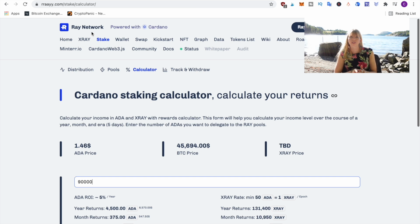I will do one in the future, and actually this is my favorite option right now. So right now I'll probably be delegating the majority of my holdings to Ray Network. Might change in the future, but for now I think this is the best option. And the reason for that is because you don't need to pay with your Cardano rewards to get their tokens, but you get their tokens on top of your rewards. So they will still give you your more or less 5% of Cardano rewards, and you get those Ray tokens